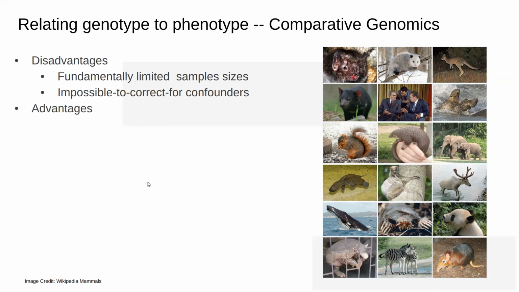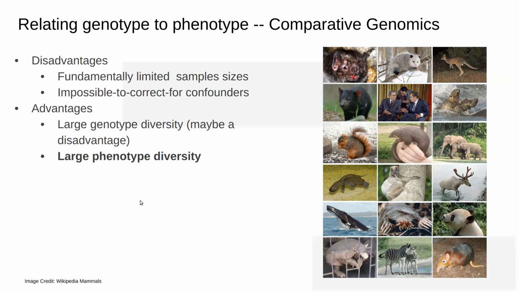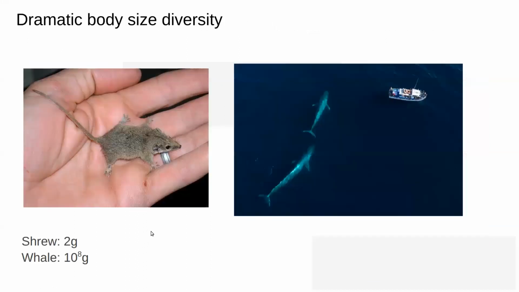But on the other hand, there are some advantages. So we have much larger genotype diversity, which, depending on how you look at it, could be an advantage or a disadvantage. But one thing that is definitely an advantage is that we have very large phenotype diversity. Just to illustrate the phenotype diversity, here's a person holding the world's smallest mammal. And here on the right, we have the world's largest mammal next to a boat full of people. And indeed, their body size is many orders of magnitude different, despite actually, these are mammals of relatively short evolutionary